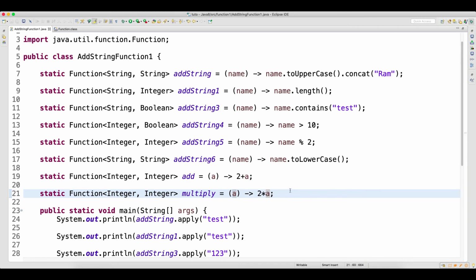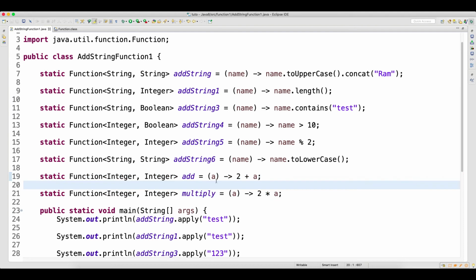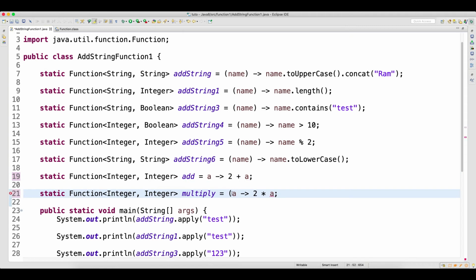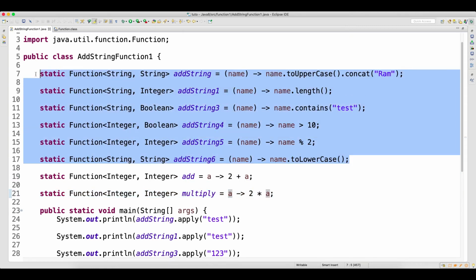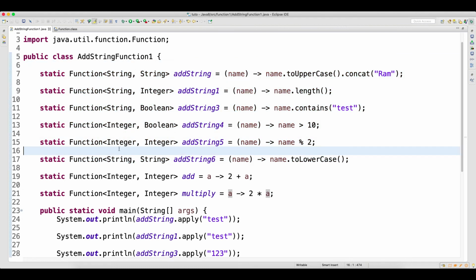Clear? So there are two functions, one will add and this guy will multiply. As there is only one argument, I don't need to write the parentheses, so you can remove the parentheses from all the functions, no problem. So this guy will do add and this guy will do multiply.